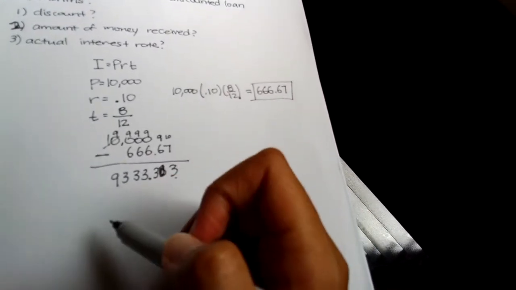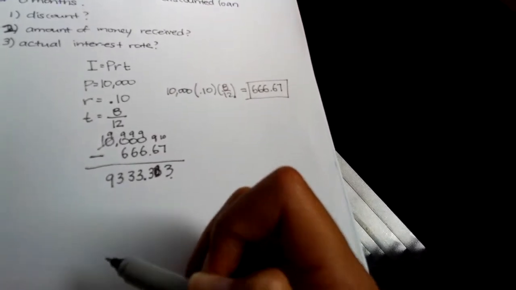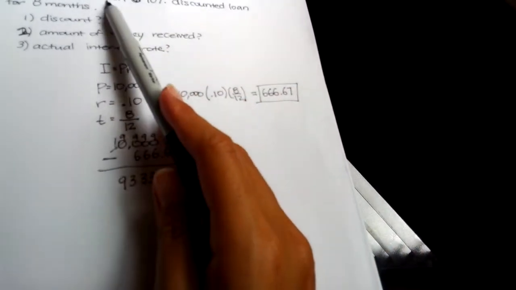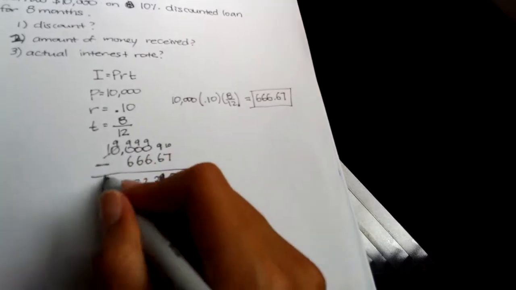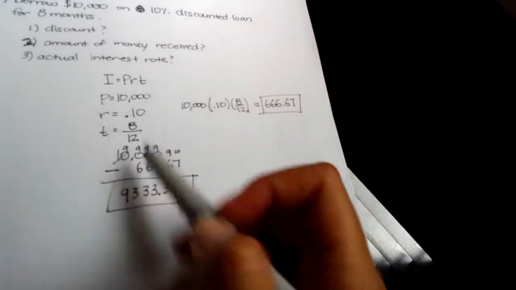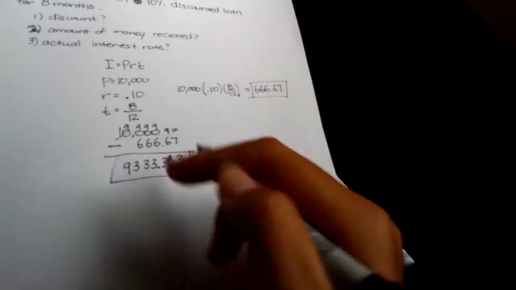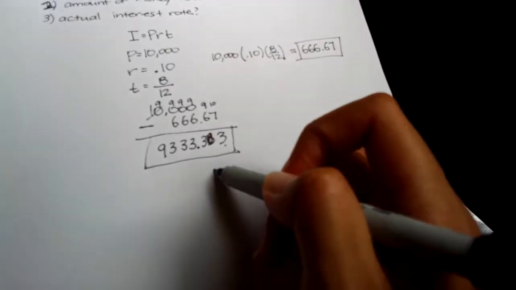Okay, and this is why if you need a certain amount of money, you wouldn't get a discounted loan for that same exact amount of money. So for instance, if you need $10,000, you would not get a discounted loan because you will never see the full $10,000 since they take out the discount before they give it to you. So that answered number 2, which was how much did you actually receive? You will actually receive